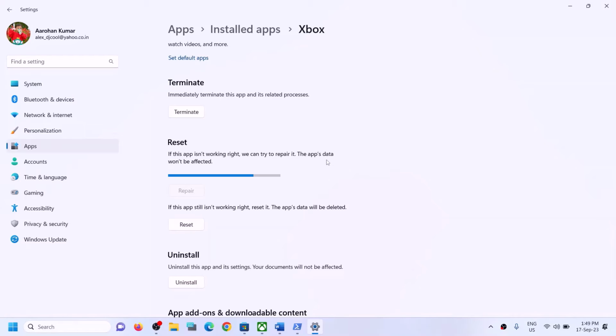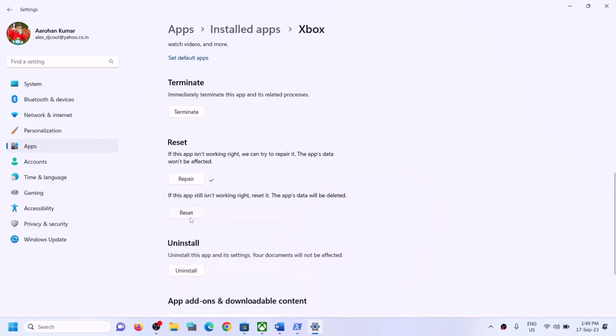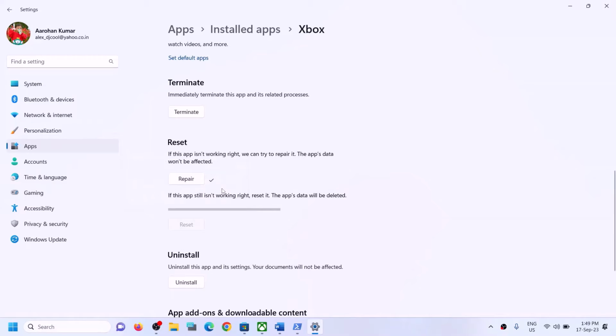Still, if you are facing the problem, if the repair does not resolve it, in that case you can perform reset. Now once the reset is complete, you can try to install the game. But if even the reset is not fixing the problem,